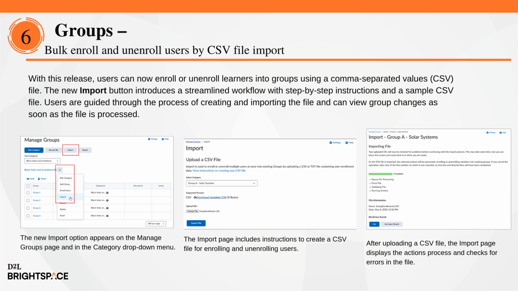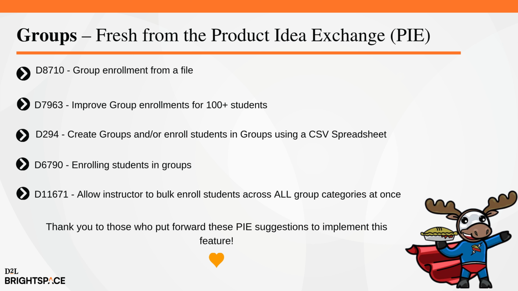Users are guided through the process of creating and importing the file and can view group changes as soon as the file is processed. This feature is available to all clients and requires the groups and section management create/edit/delete groups and categories permission. Make sure this permission is assigned to any roles that require the ability to bulk enroll or unenroll learners in groups. This feature implements the following PI items: